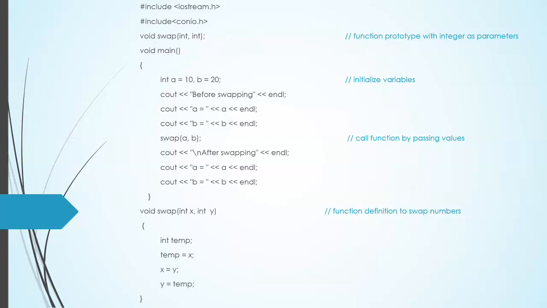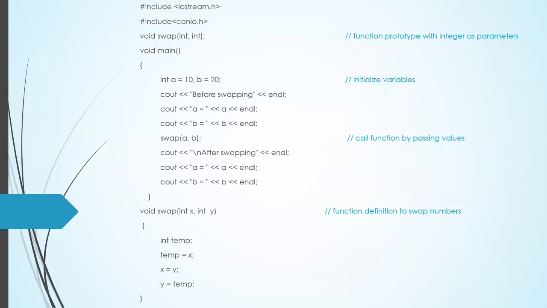In this program we have taken two variables A and B whose initial values are 10 and 20. The next statement will print the values of A and B before swapping, that is, the initial values of variables A and B, 10 and 20, will be